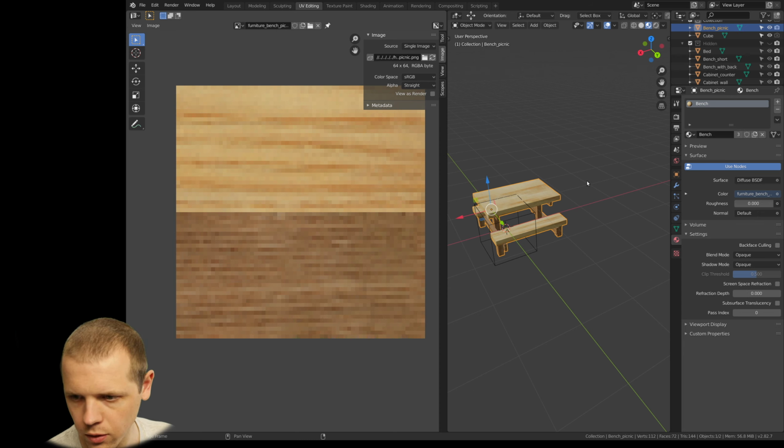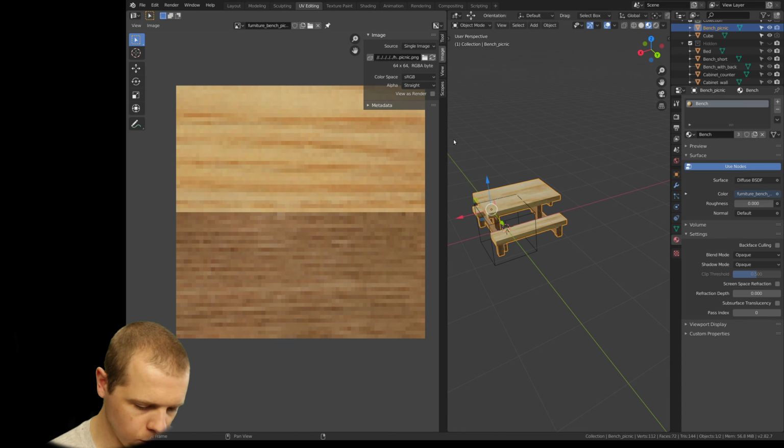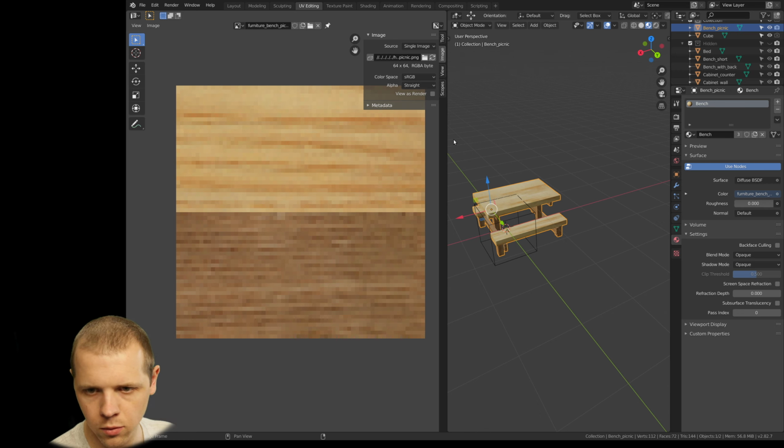I have a feeling that will give me the same issue of the table. Where is this thing? Furniture, bench. I really need to learn my alphabet. Here it is. It would be the same problem with the table with the legs. But